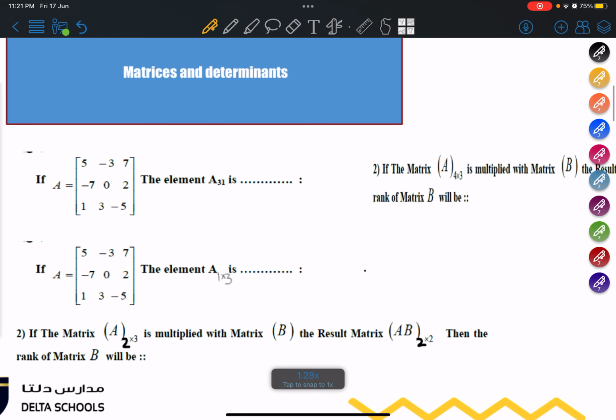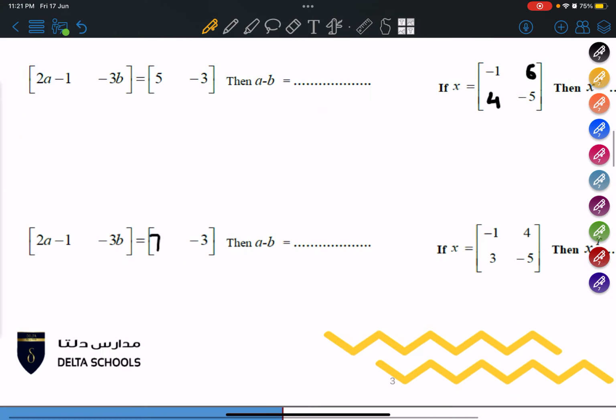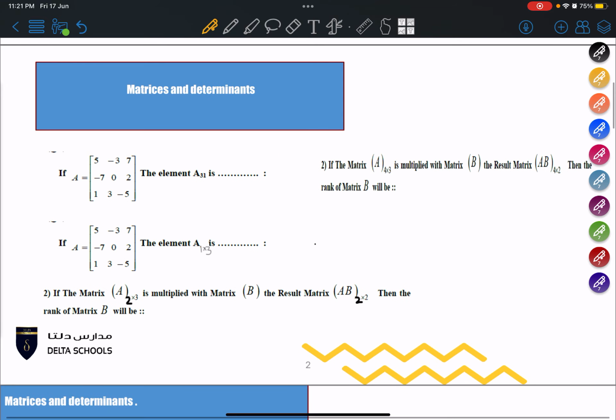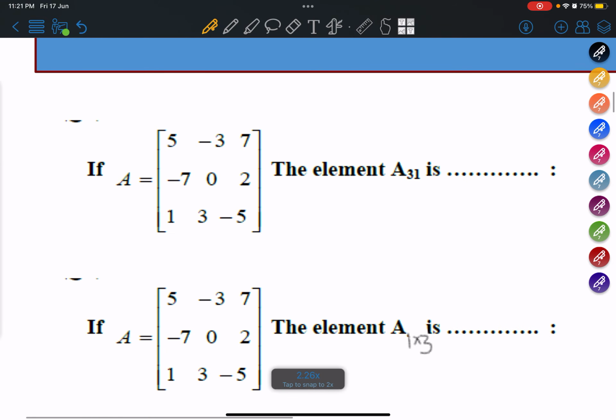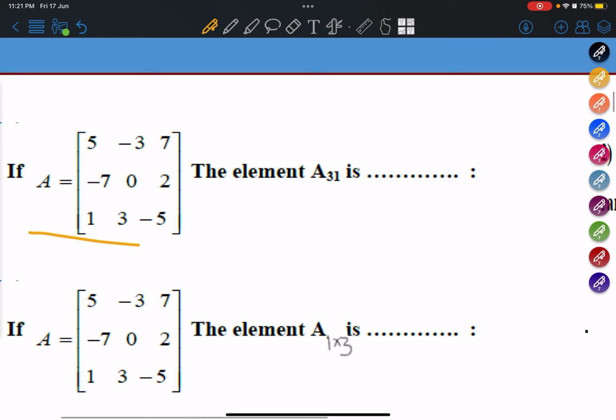Before we start with the questions, we first have to say that there are many formulas and many concepts that you have to be familiar with in order to be able to solve all of these questions. That being said, we can start with the first question, which is: if the matrix A is, he gave you this matrix, then